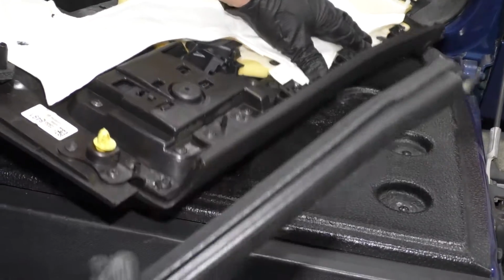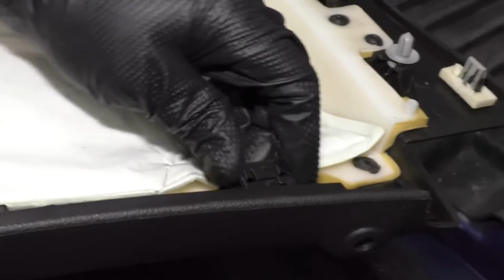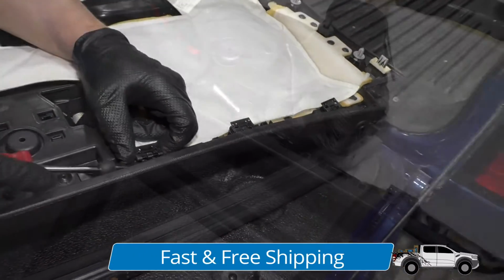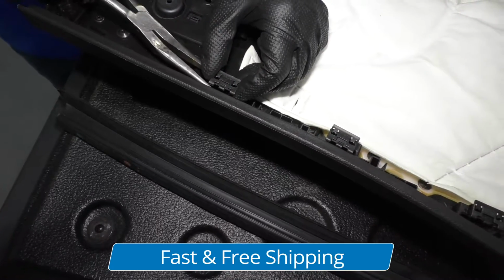There's this weather strip piece, or window strip, that goes at the base of the window. You're gonna slide this off the door panel, and then there's these little clips. There's 3 of them. You need to pull those off. I'm gonna use a trim tool, try to slide these out. Sometimes you need some needle nose pliers. Get in there,